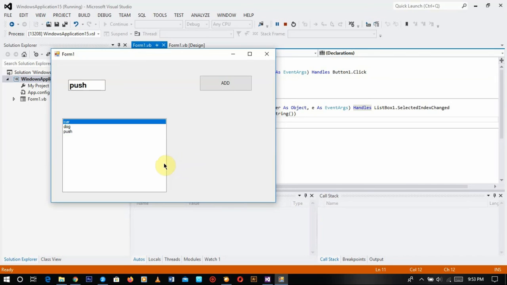So the first item, instead of being 1, becomes 0, and the second item becomes 1, and the third item becomes number 2, on and on. So the selected index numbers the items and outputs the number of the